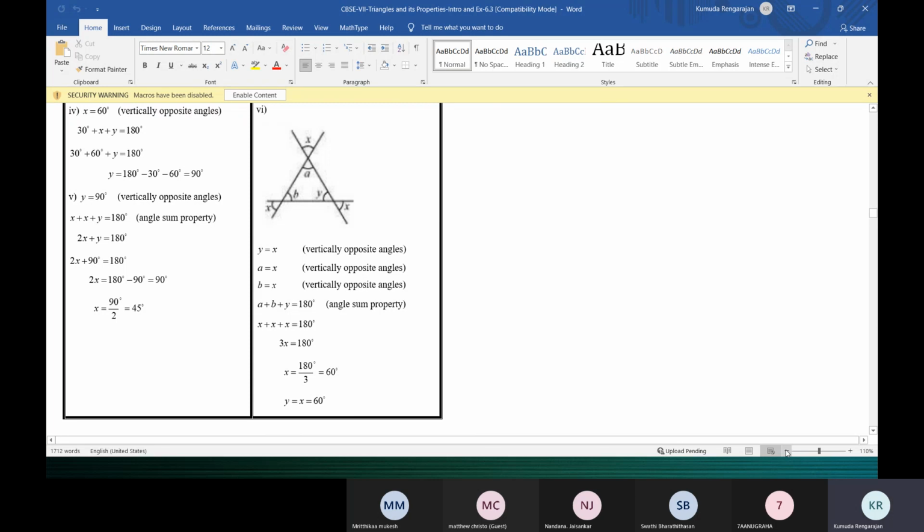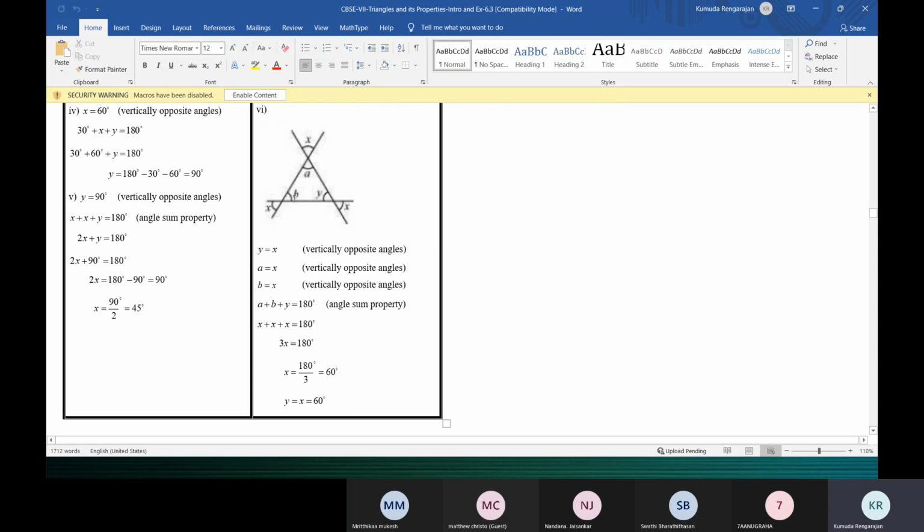So you can also present your answer like this, because now this angle is not marked, no? So how will you say that these are vertically opposite angles and you'll get x here? So I have marked these angles A and B. Now see here, y is equal to x, vertically opposite angles are equal. Then A is equal to x. Do we understand why I have marked A? Otherwise, how will you write that this is x, so this is also x? So in order to present it, I've marked this one as A, and A is equal to x, vertically opposite angle. Similarly, B is equal to x, vertically opposite angles are equal.